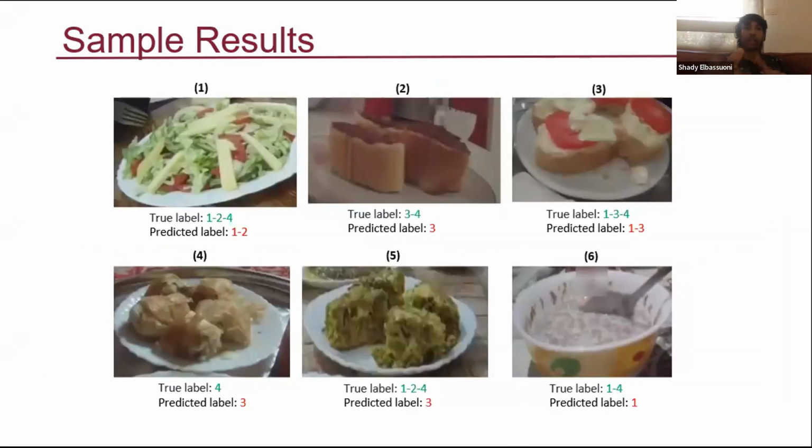Next, please. And this is the results of the model versus the actual true labels provided by the nutritionist for some sample food items. So you could see, for instance, on the top image, the salad, the nutritionist labeled it as belonging to NOVA groups 1, 2, and 4 because it's a salad, it has cheese and some dressing, but our model wasn't able to detect that there was a dressing in this image. The second image, for instance, has a loaf, 2 pieces of bread or toast with some spread on it. Our model only detected that this belongs to NOVA group 3, where the nutritionists were able to, of course, capture that there is some spread, which is chocolate, and that's